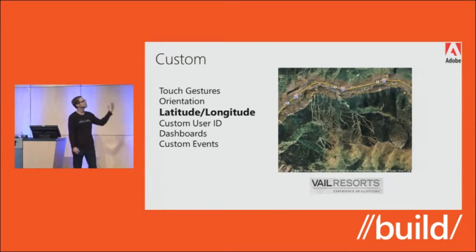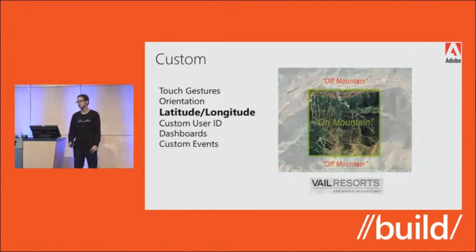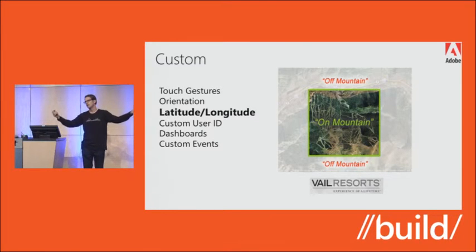Okay, let's talk about some custom metrics, latitude and longitude. So this is an example of Vail Resorts. Since we're hitting the ski season coming up pretty quick, I thought this was a good example to use. Vail Resorts, in their Epic app, passes in latitude and longitude. So they can start to understand users that are on the mountain versus off the mountain. And with that data, then, they're optimizing the experience